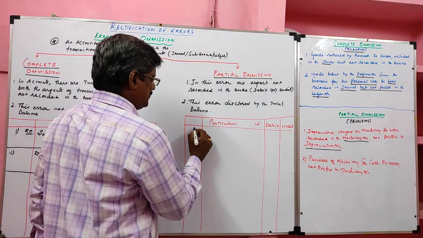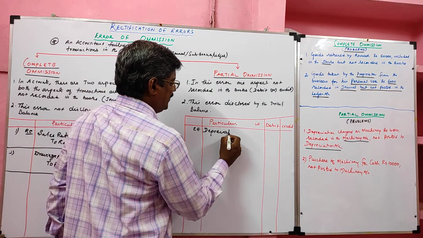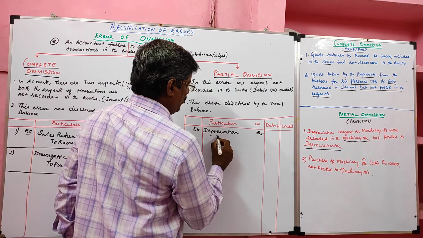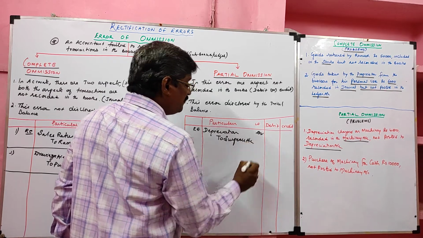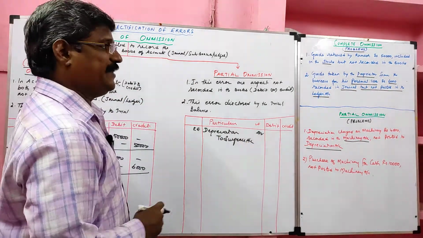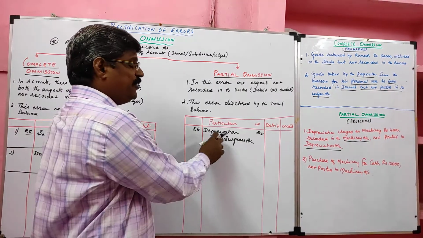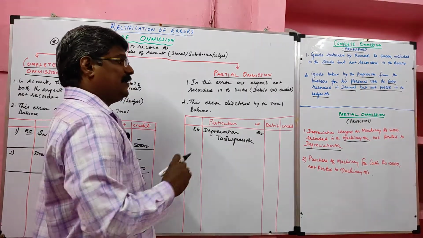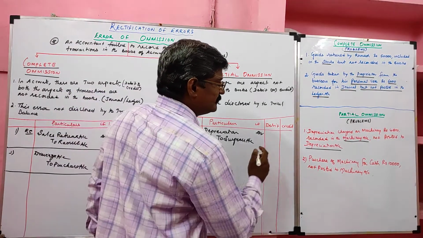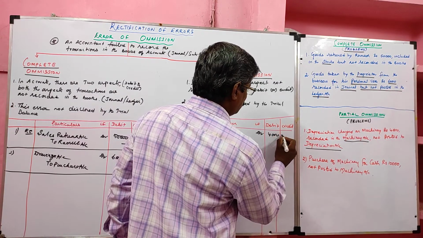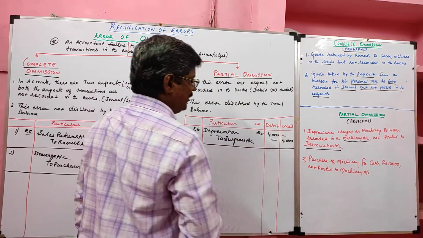So the answer is the rectified entry. We have to post one side. This is called a one side error. Depreciation account debit. For the other side we can use the suspense account, if the errors are located after preparing the trial balance. If errors are located before preparation of the trial balance, we need not record an entry. We have to rectify the error by using the narration. Value of the transaction is 4,000. Narration is: being error rectified.